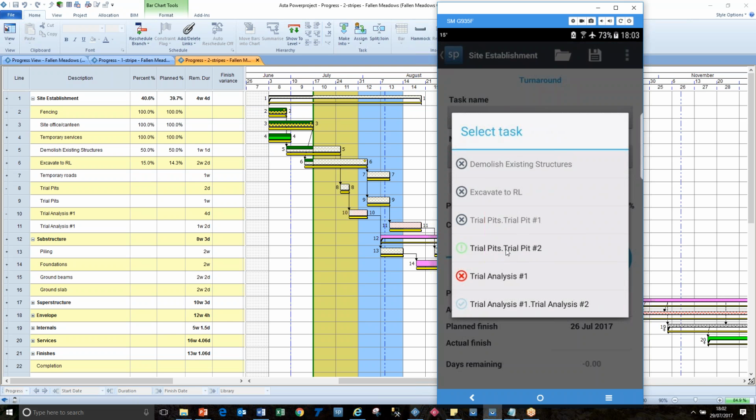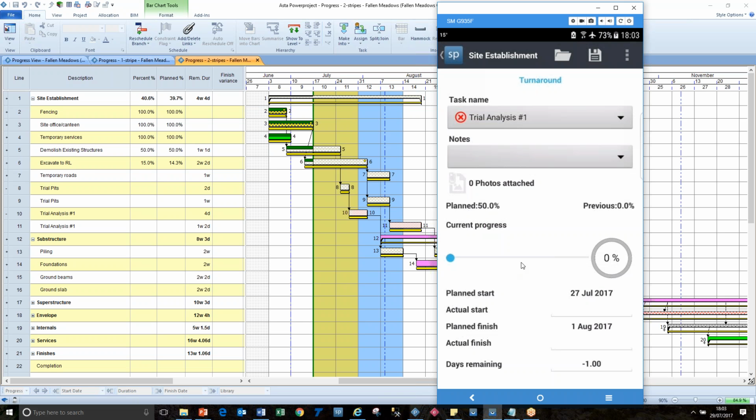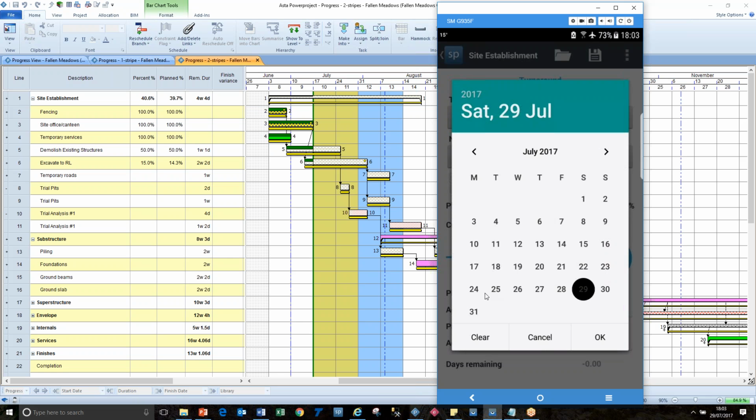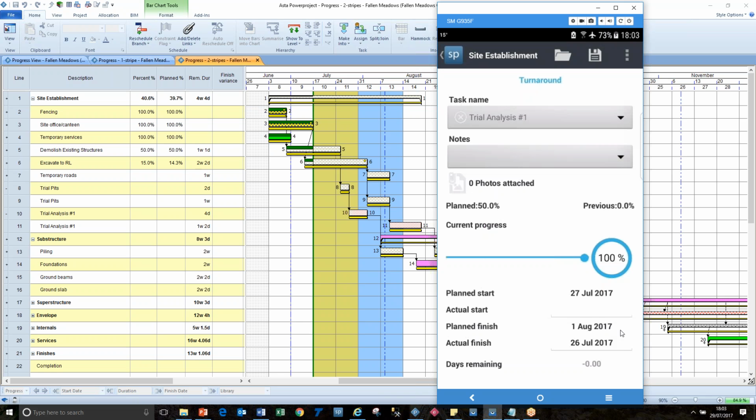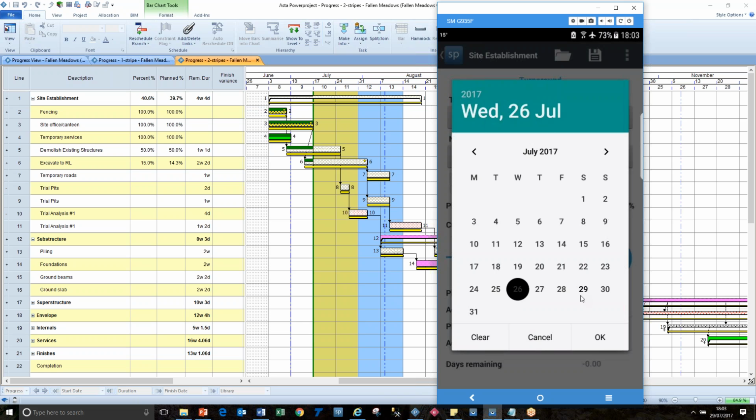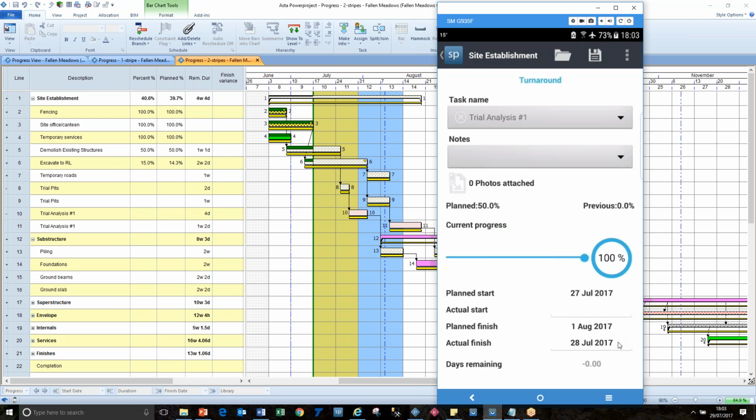Well, we haven't done anything to trial pits. 2, we're trial analysis. Well, that's gone better than expected, because even though we should only be 50% complete, we have finished that, and we should have finished it on the 1st, but in fact we finished it on the 26th. So we've done a really good job. We haven't done that because we didn't start it till the 27th, so it only took us a day to do that. So we've been working on that, and we click on save, and that information is now safe on